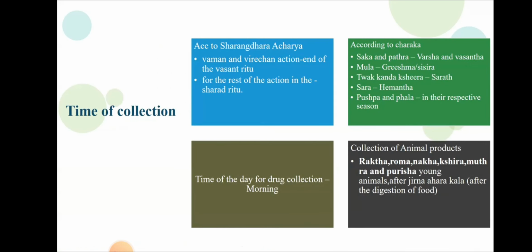Next comes the time of collection. According to Sharangadhara, Sharat or the autumn Ritu, the first 2 months succeeding the rains, are the ripening time for most of the plants. So it is supposed to be the best season for collection of all the plant materials. Sharadhi Akhila Karyartha, Grahyam Sarasam Aushadha. So Sharad is the best season to collect for every action except Vamana and Virechana.